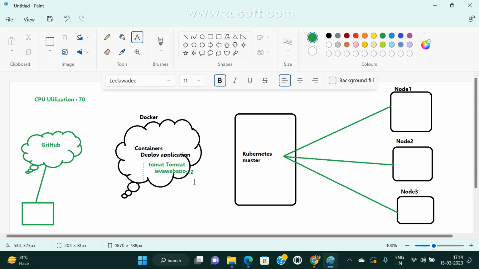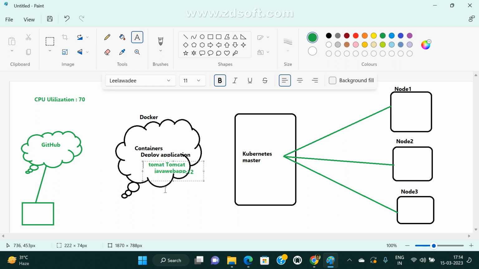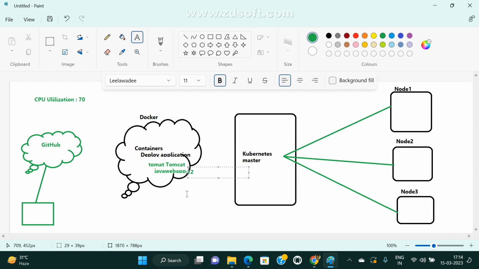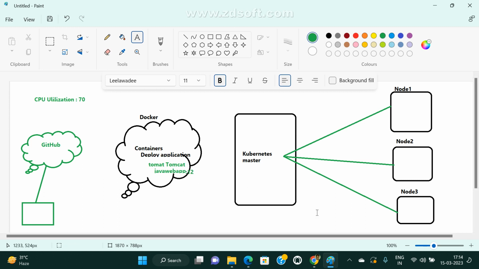If this is not working properly, what will we do? For example, version 1.1 is working fine, there are no issues, everything goes fine. Now this is a new release. I deployed Java web app 1.2, but unfortunately this version is not working properly. In Docker, we would need to update the image and create the container again.